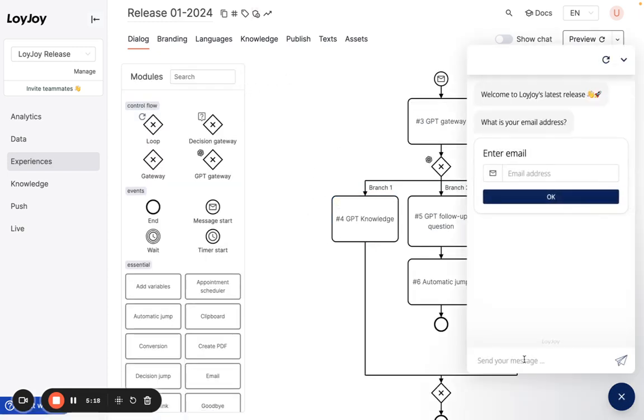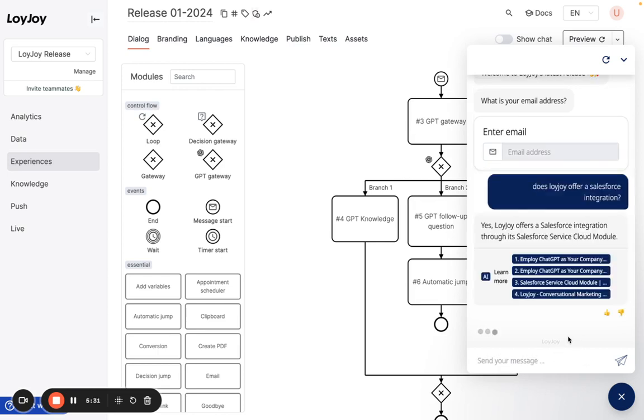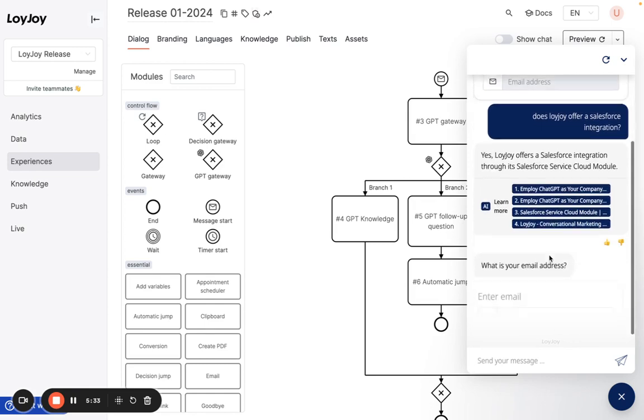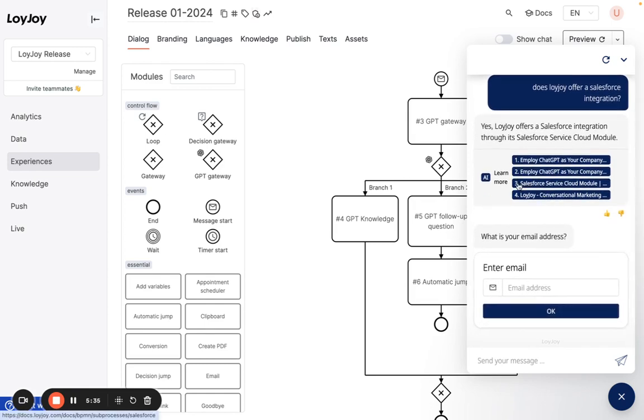All right, let's give it a try. And I can ask it now, for example, about the Salesforce integration. So does LoyJoy offer a Salesforce integration? Yes, it does. And you see, for example, as one of the sources is our Salesforce Service Cloud module. So this is the page of our documentation that I added. So it automatically finds the source and it generates an answer based on one or